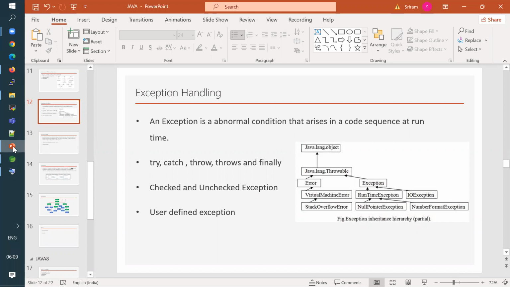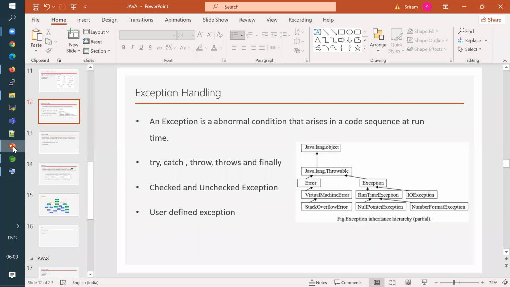We are done with exception handling, and it's a really important concept in Java. You will definitely face some interview questions from this area. They may ask you the difference between throw and throws.